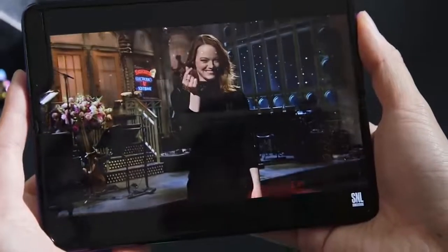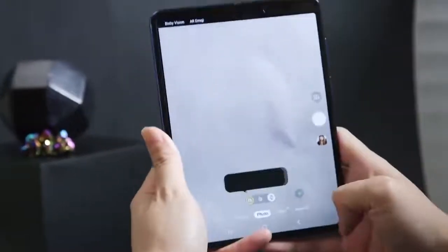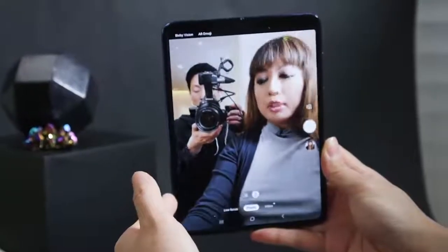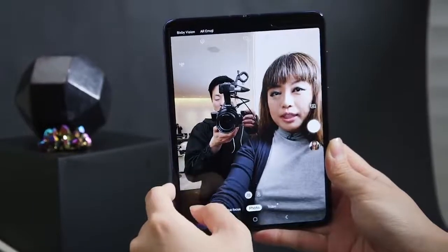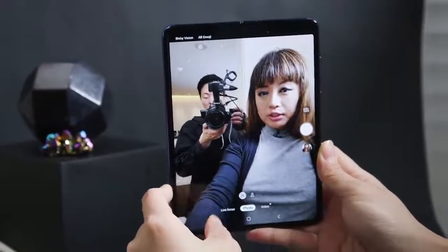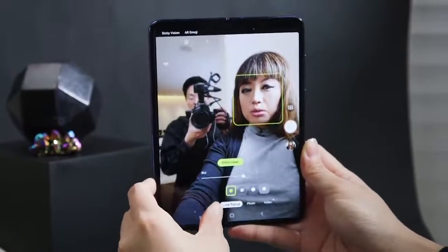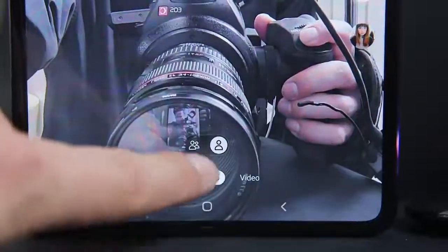Another thing this aspect ratio is nice for is taking bigger photos. This full screen selfie experience is something I am fully on board with. You can do a wider angle lens with this setup up front. Use live focus if you want to. So basically, the experience we're already used to on the Galaxy S flagships, but Samsung's managed to make it work